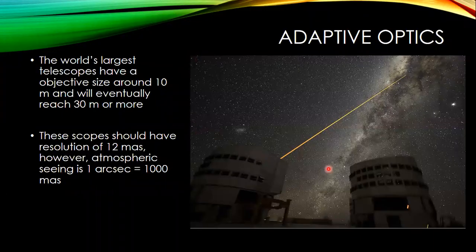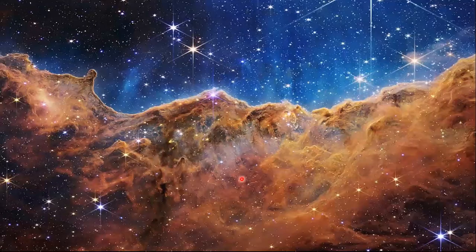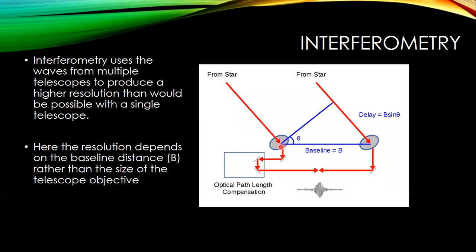This pair of telescopes right here, and I believe these are the telescopes in Chile, but I can't remember which one they are. It's either the Canary Islands or Chile. Notice they have the two telescopes very close to one another. What they want to do at some point is be able to integrate the two together to basically use them as one larger telescope. This process is known as interferometry, where we take more than one